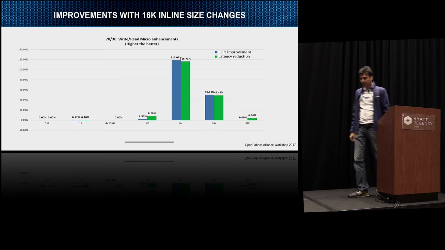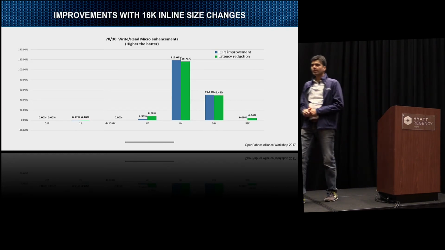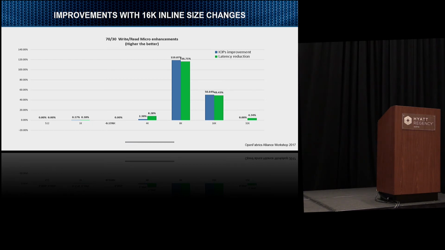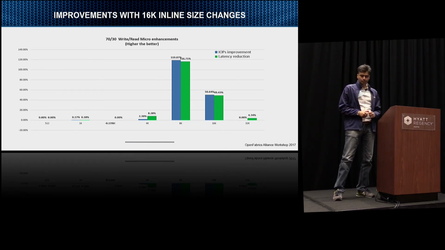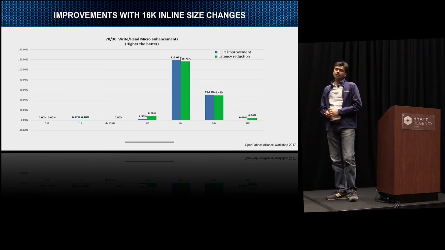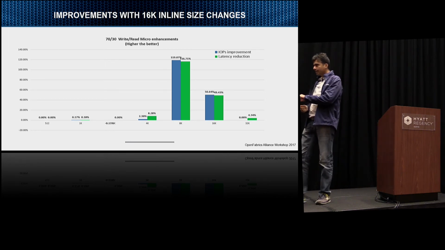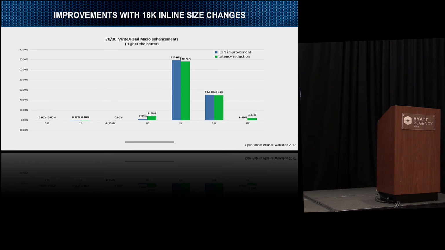So we improved on that with two micro enhancements. We increased the inline data size from 4K to 16K. Many PowerPC systems can go up to 64K because of the default page size being 64K. But that's not enough on the target side. On the host side,